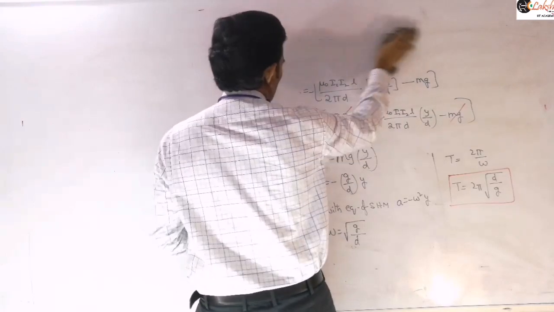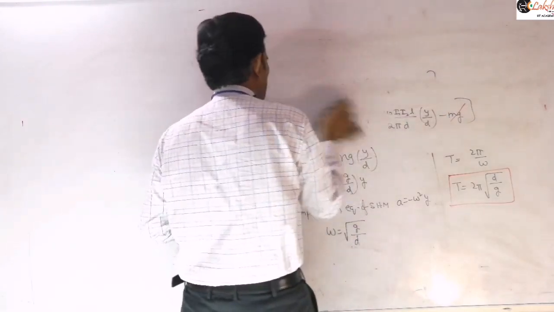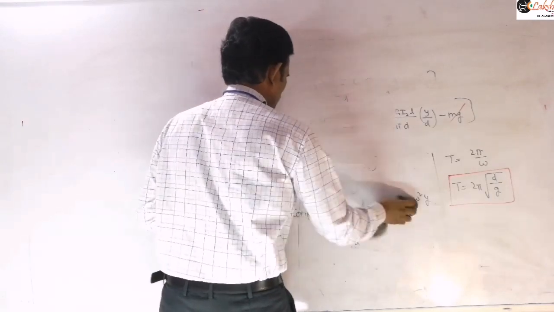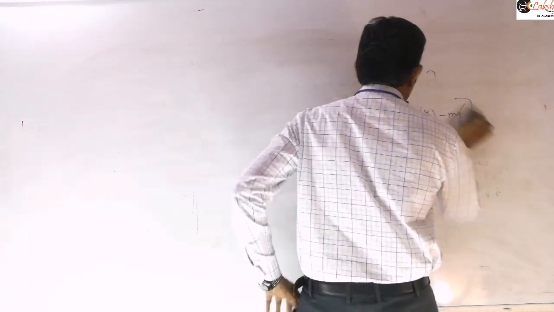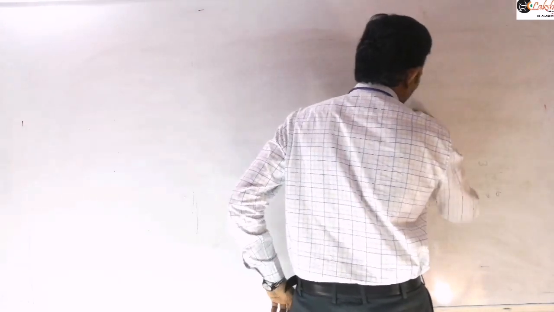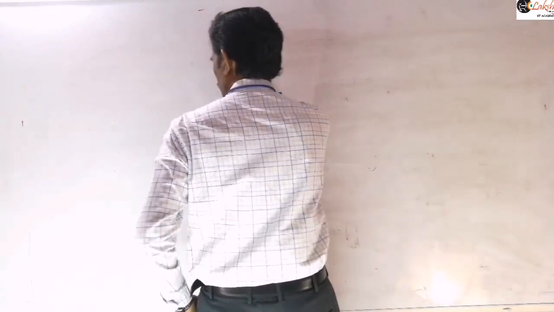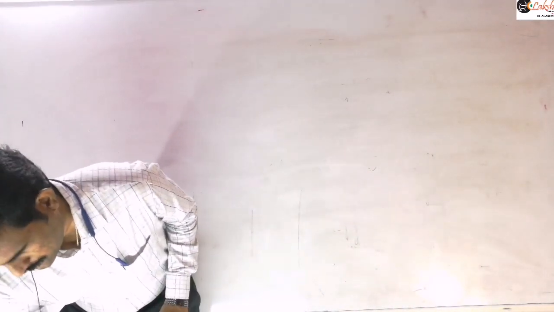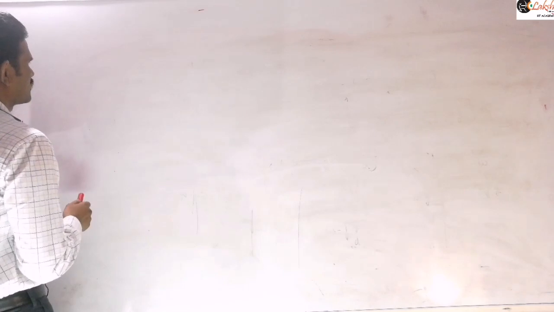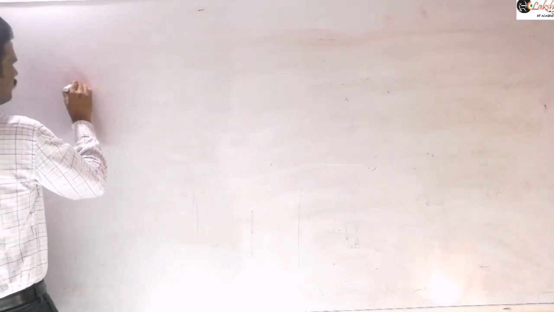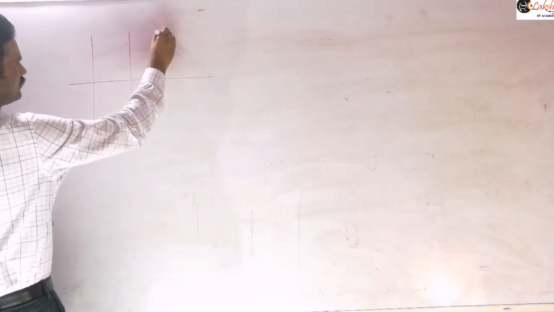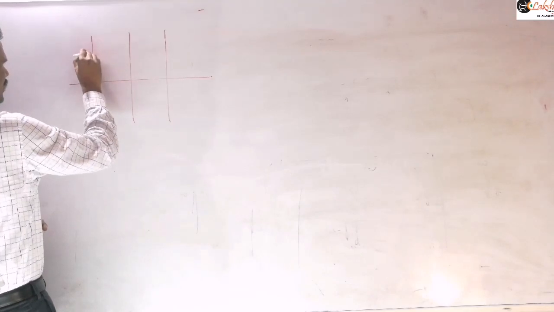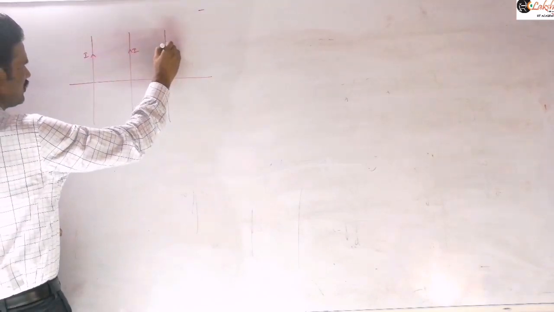And so next let us see one more model problem based on this SHM. Just let us see that problem. There will be 3 wires placed parallel to each other. Like I am taking, these 3 wires will be placed parallel to each other here. Let us consider all the 3 wires are carrying the same amount of current in the same direction.